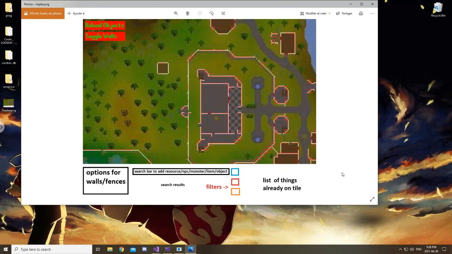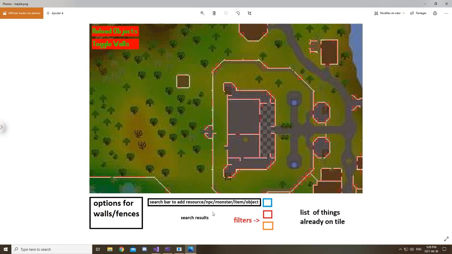But I want to make an editor like this. You're gonna right click a tile, and then you'll have options here that you can click to trigger different walls to toggle them. And then I would be able to add resources, NPCs, or whatever on a tile by searching here. And then here there would be the list of things that are already on the tile. The only thing I don't like with this is